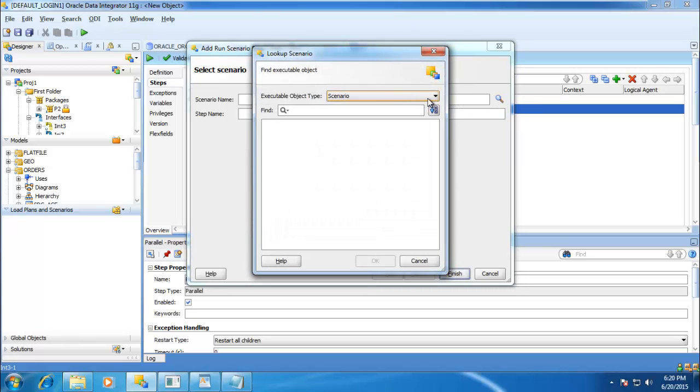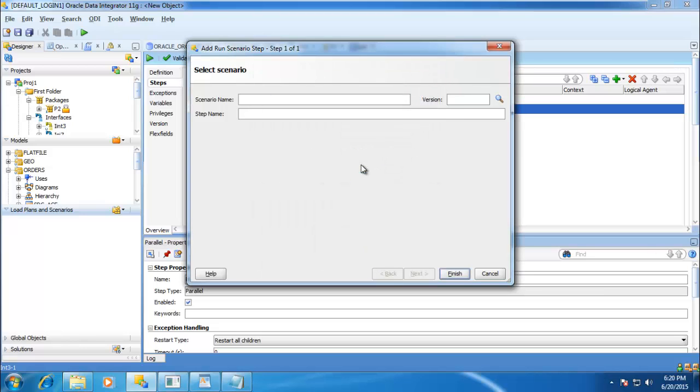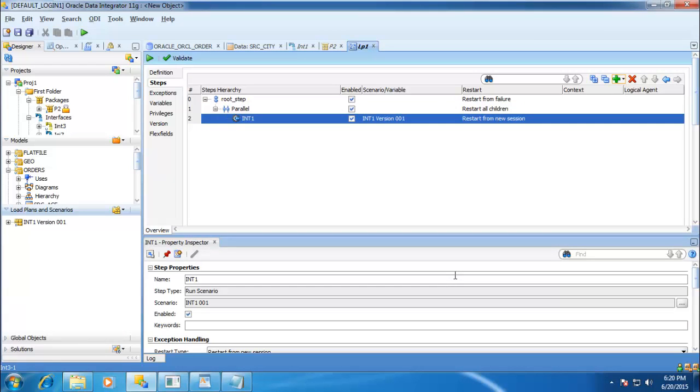For example, I want to have an interface. I want to generate a scenario of interface 1, and I want to use that one. The scenario based on interface 1 can be executed, and in a similar way I can have interface 2.